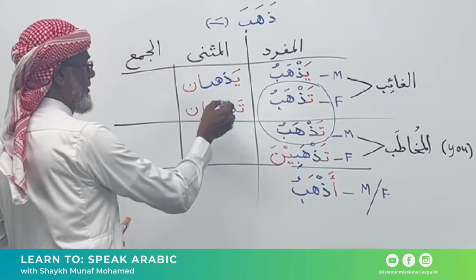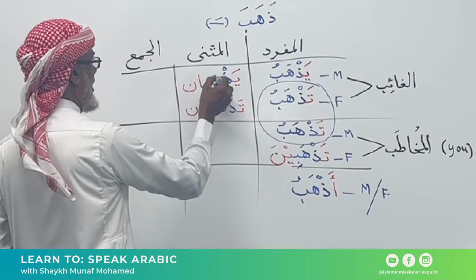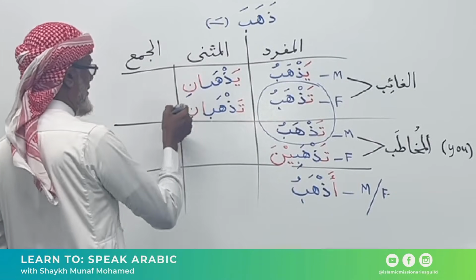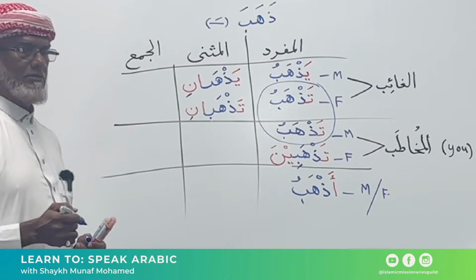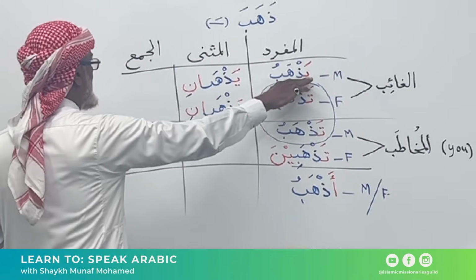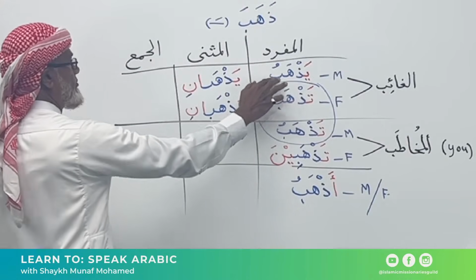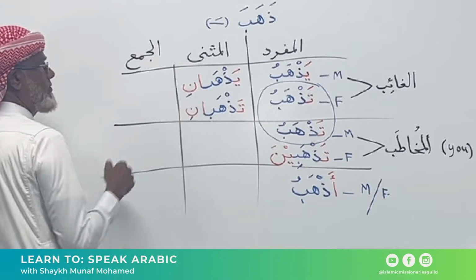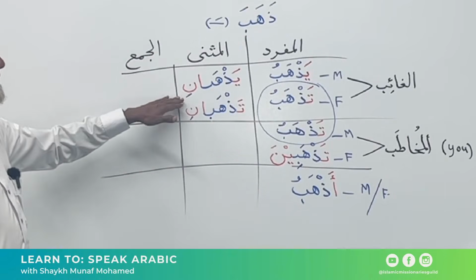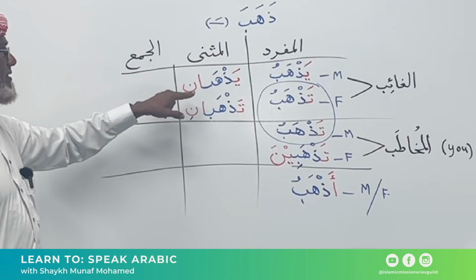And then we have the vowel. Taz, taz, ha, ha, ba, ni, right? So if you're looking across this way, from the singular, to make it dual, an alif and nun, two letters were added to the singular to make it dual. So يذهبان